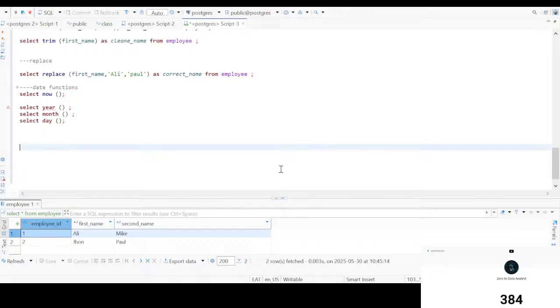Now let's go ahead and do mathematical function. In mathematical function,